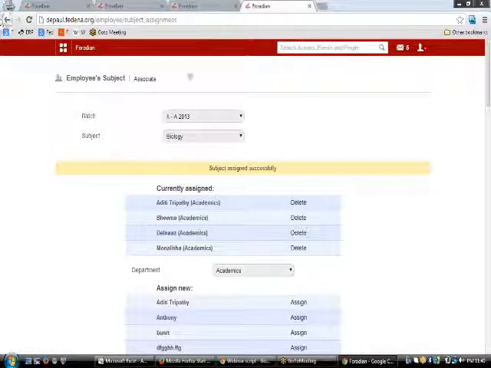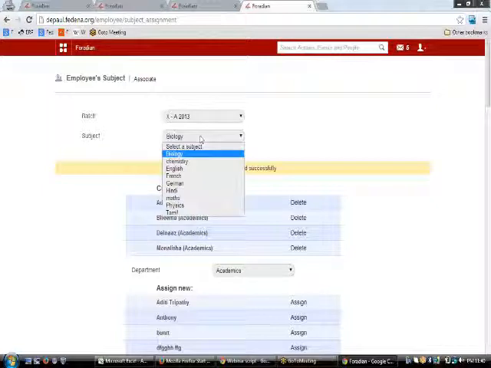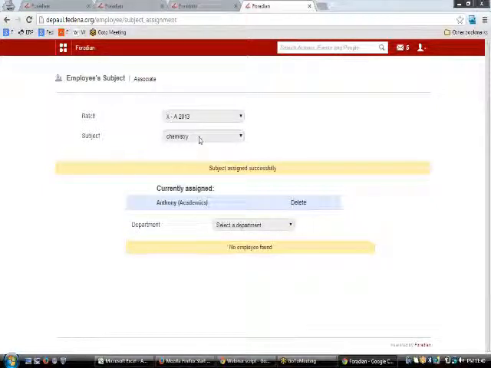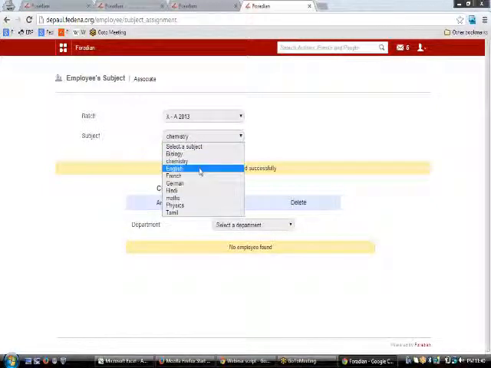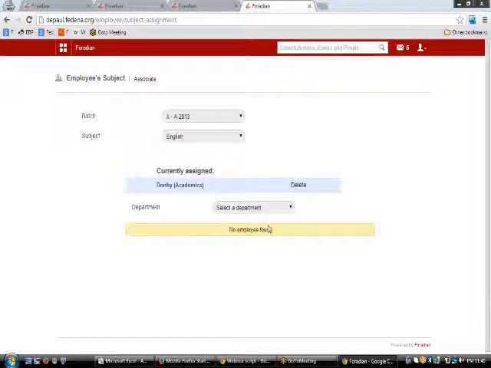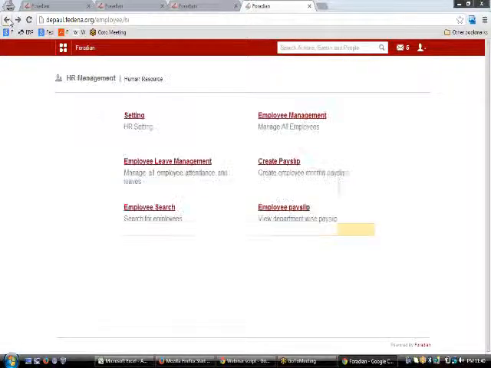Similarly, you can add some more subjects or assign some more teachers to teach some subject or the other in a particular batch. So that's the way the employee subject association works.